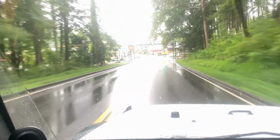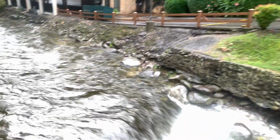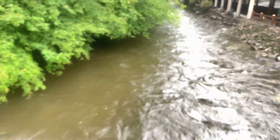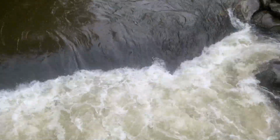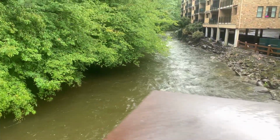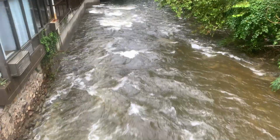Heading back into Gatlinburg now, back to the Burg. Right here at the bridge on Ski Mountain Road, we've been following this same body of water for quite some time now. We're right behind the River House at the park where we just did a review. So this is the river you get to see from the River House. And now on the other side of the bridge,